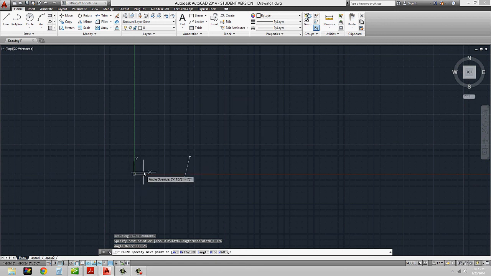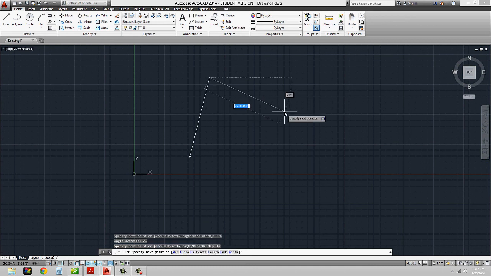If we think back to our days of angles in earlier math classes, my x is at 0 degrees, if we look at our coordinates, and the y is at 90 degrees. So this is 76 degrees. And then what I can do is type in a distance. So we'll say 34. Again, the inch sign is optional. And I'll hit enter. And basically it's snapping my line 34 inches at 76 degrees.